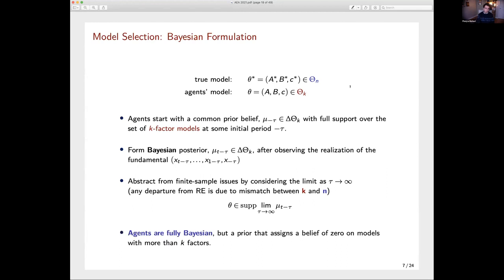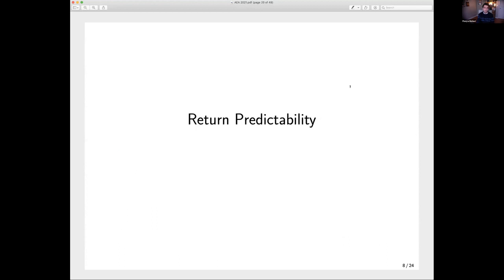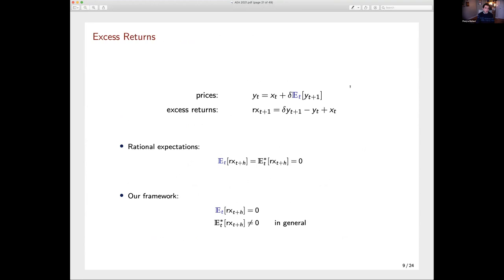Okay, so again, agents are fully Bayesian, but they have a prior that assigns zero belief on the models with more than k factors. Now let me go to the focus of the paper, which is return predictability in asset pricing. Just to reiterate, prices are determined by this risk neutral, no arbitrage condition, and excess returns